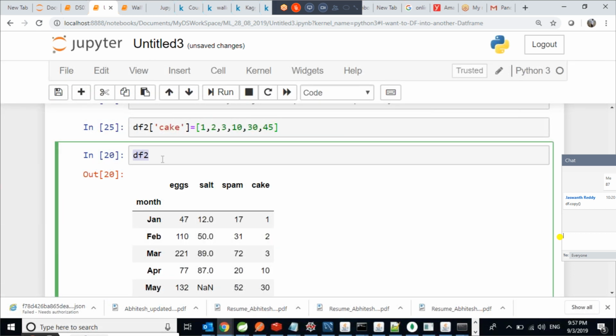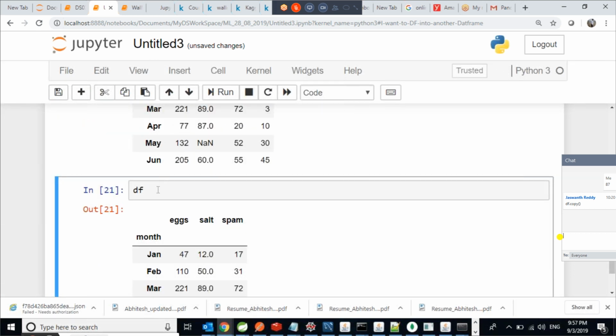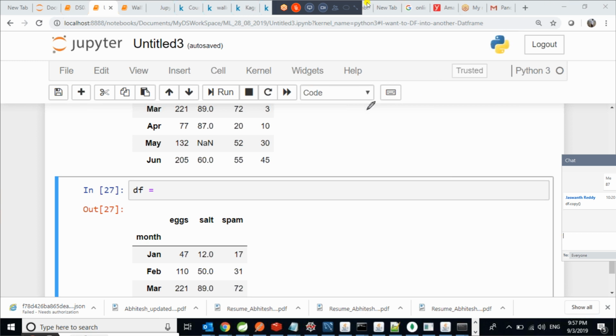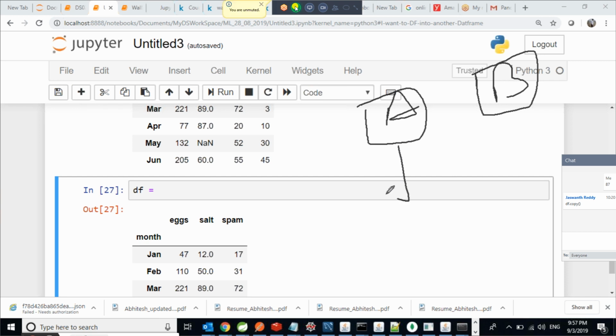Okay, now I want to see here, I want to copy this df2. Let me describe what is the meaning of deep copy and shallow copy. So what is the meaning of deep copy and shallow copy? Let's suppose this is one object, this is A, and this is D. So in deep copy, both are